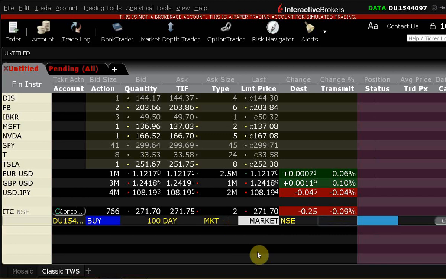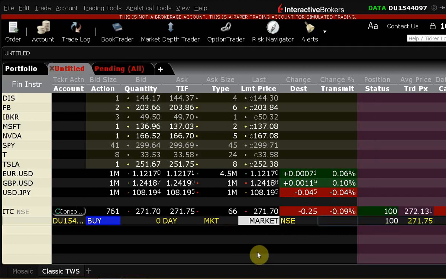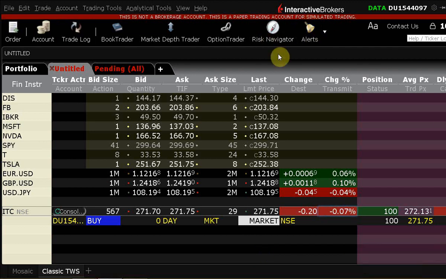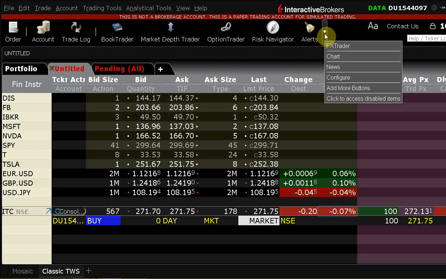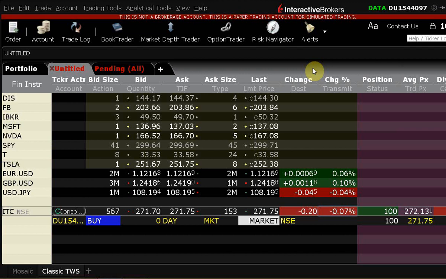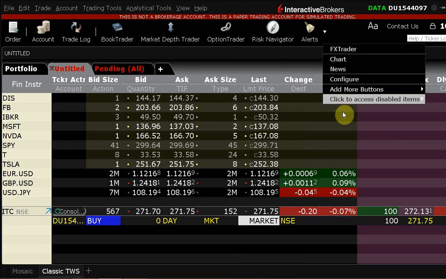You said how much more? You said order partially filled. Yeah, order filled. Okay, so this one at least went through quickly. If you want to reduce this, you can change it from the configuration. Let me find out where it is.